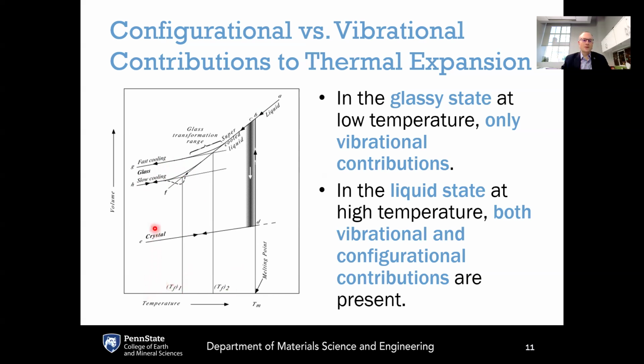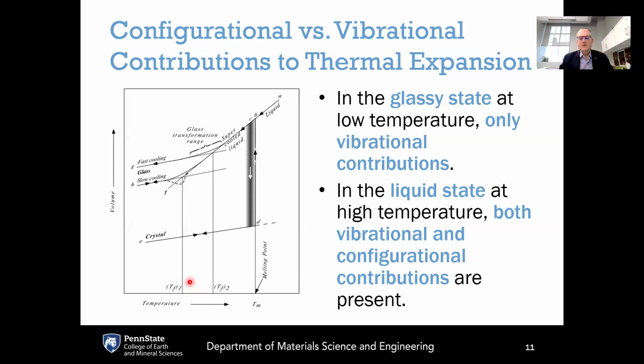So if you draw a vertical line through this VT diagram, that is at constant temperature, but you can see here that the volume of the system is increasing with increasing fictive temperature, even though the temperature is the same. In other words, in going from the slow-cooled glass that has a low fictive temperature to the fast-cooled glass, which has a high fictive temperature, at that same temperature, the volume increased because of the configurational differences between the slow-cooled and the fast-cooled glasses. And that is reflected in the change of the fictive temperature in going from TF1 to